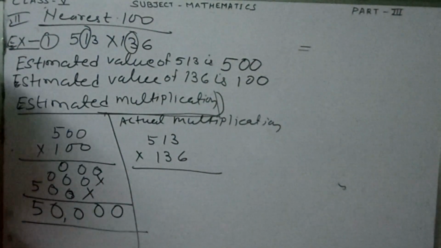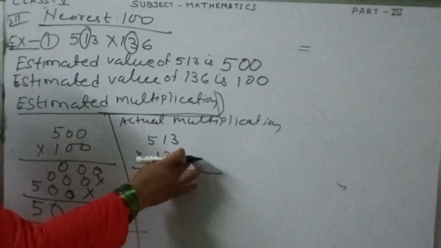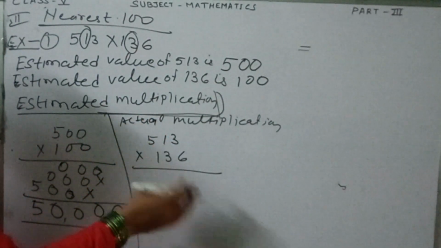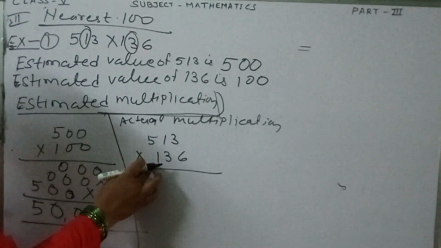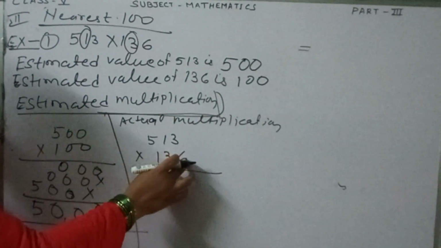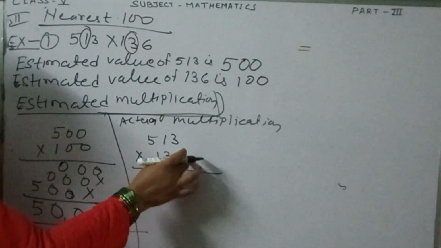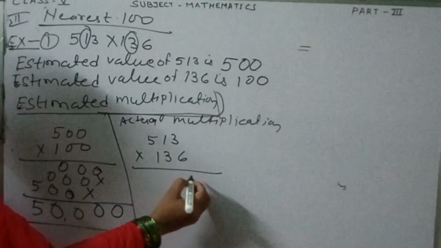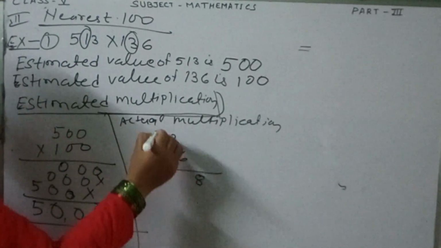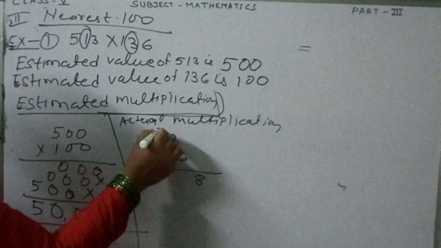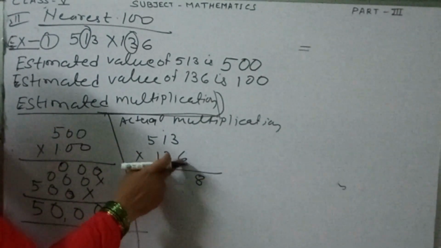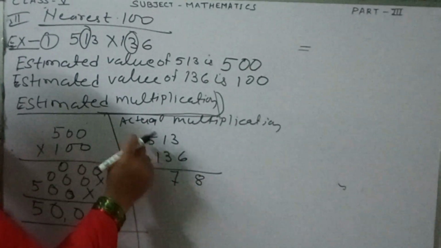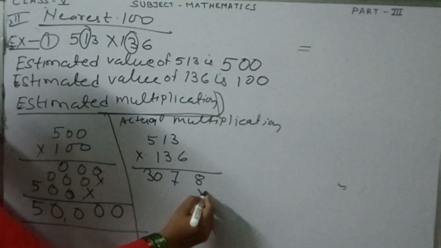So what do we have to do? First we multiply the ones digit 6 with these three numbers, then we multiply with 3, and then we multiply with 1. So let's start with 6. How many times do you have to read the table of 6? 3 times. 6 3s are 18. So write 8 and 1 is carry. Then again, 6 1s are 6 and 1 carry is 7, and 6 5s are 30.